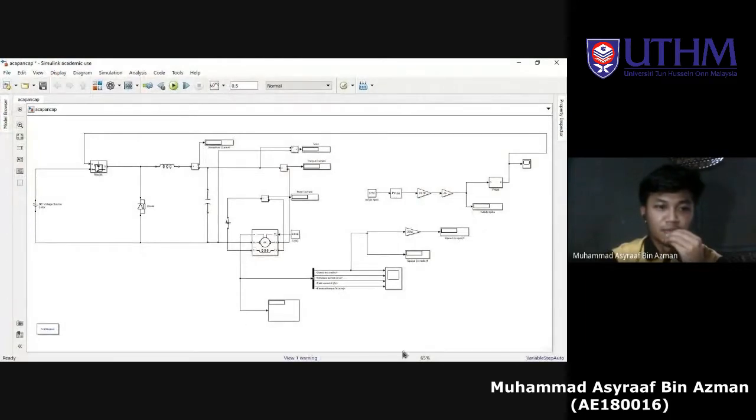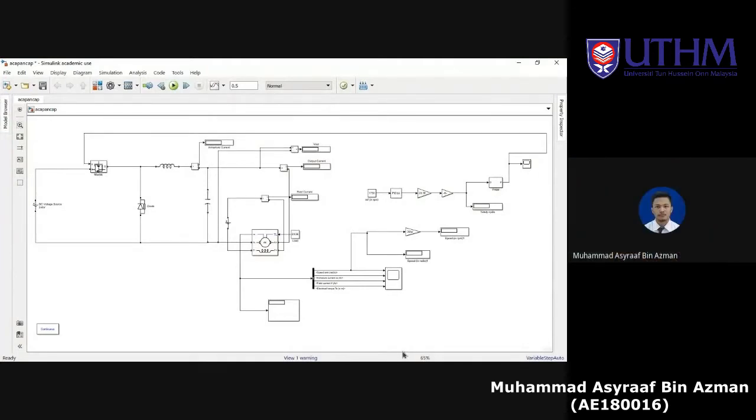So this is our circuit. Now I will explain and perform the presentation on the flow of the overall circuit. It starts with the speed reference in RPM, and then it goes through into the VIP. Then it will flow into the speed controller, and then go into the